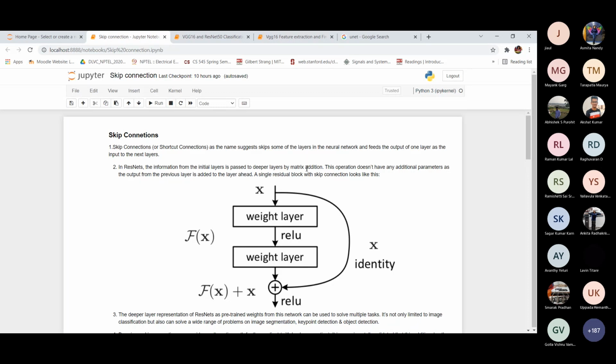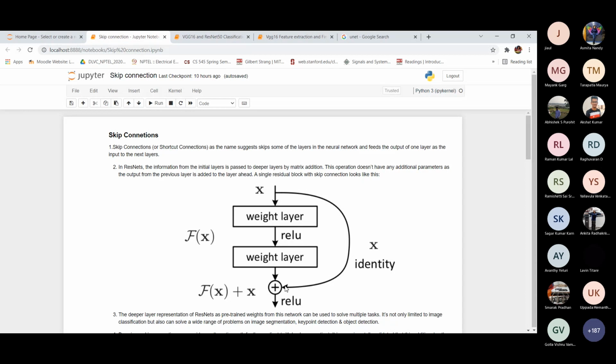Here you can see our input X. We are using a simple network: a weight layer, which is a convolution layer, then ReLU, then another convolution layer, and then ReLU, which gives the output at the end. Here we are connecting the input to the output layer.